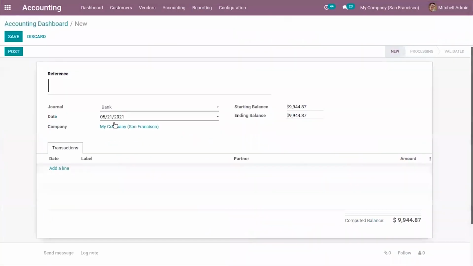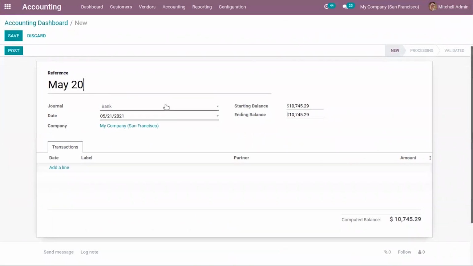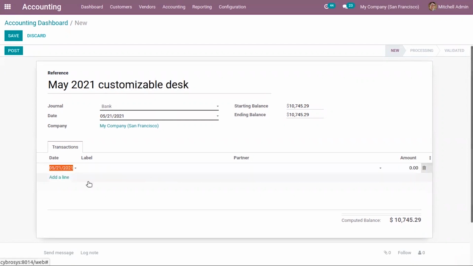So you can create a report statements. Okay, so here we can choose a journal, then add the transaction line. So select the date, add a label, choose a partner, set the amount.